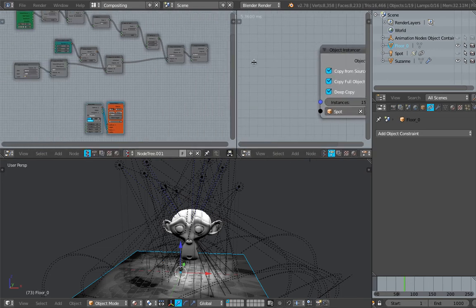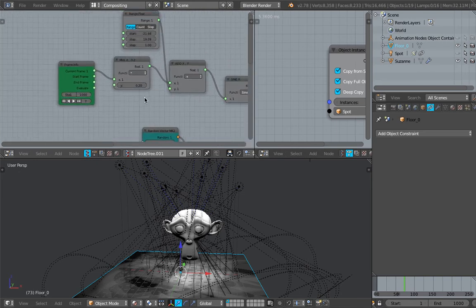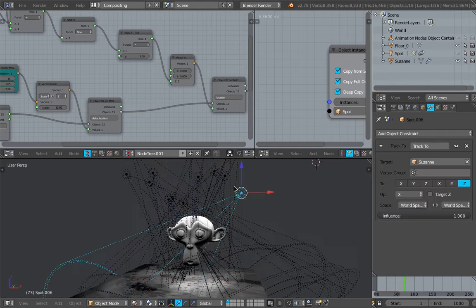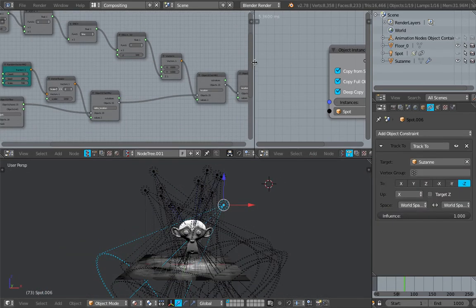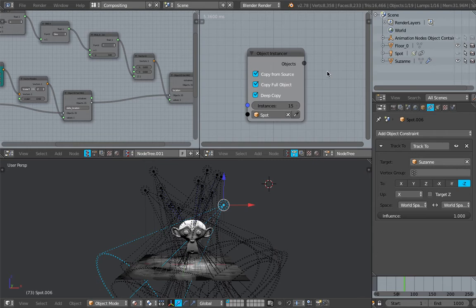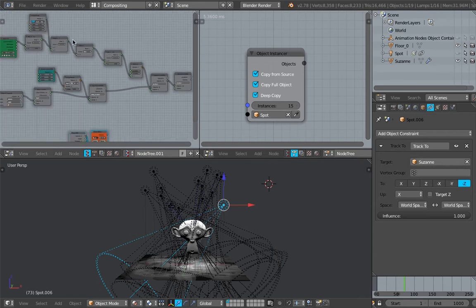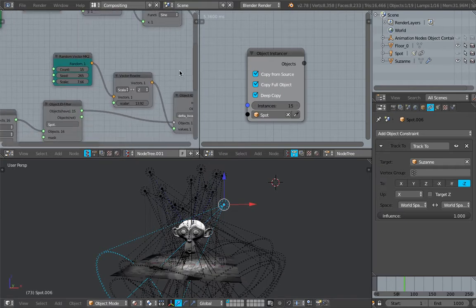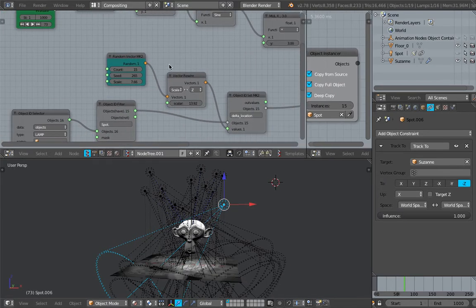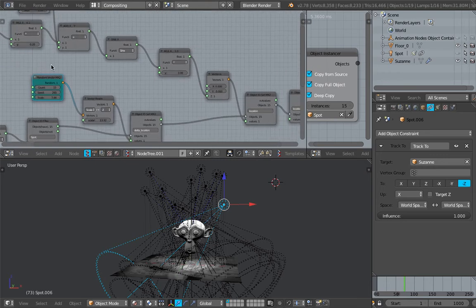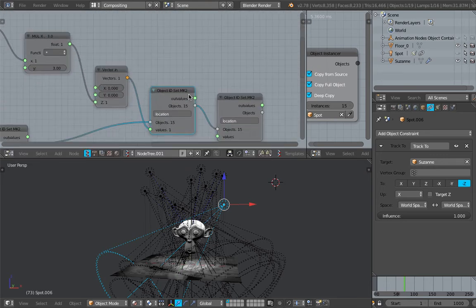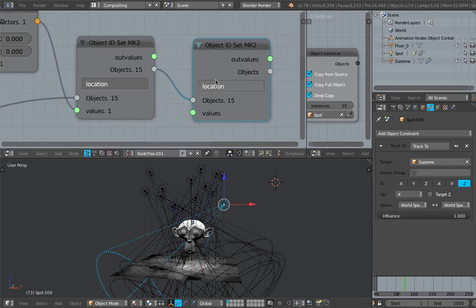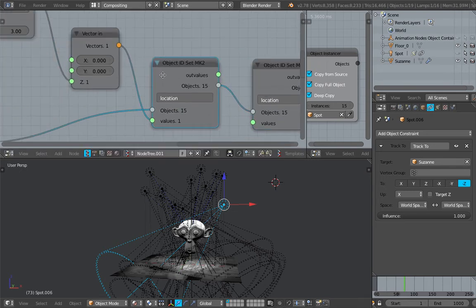It's basically like you pipe a bunch of arrays into all these objects at the same time. You don't need to use a loop. Loop is not necessarily bad. Actually, sometimes I do want some kind of loops inside Sverchok, but to do this, in Sverchok, you're able to use lists and arrays and just pipe all the values into a bunch of objects. Like in this case, I have 15 lamps, and I'm modifying the locations, and also